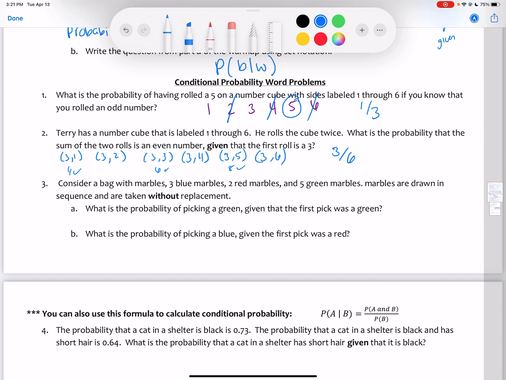Okay, consider a bag with marbles, 3 blue marbles. I love drawing the little marbles in their colors. I just think it helps me visualize what's going on a little bit easier. So here's all my marbles for a total of 10 marbles. What is the probability of picking green given that the first pick was green? So we're picking out 2 marbles and we're not putting it back. So when we don't put it back, we're changing that denominator again. So given that the first pick was a green,